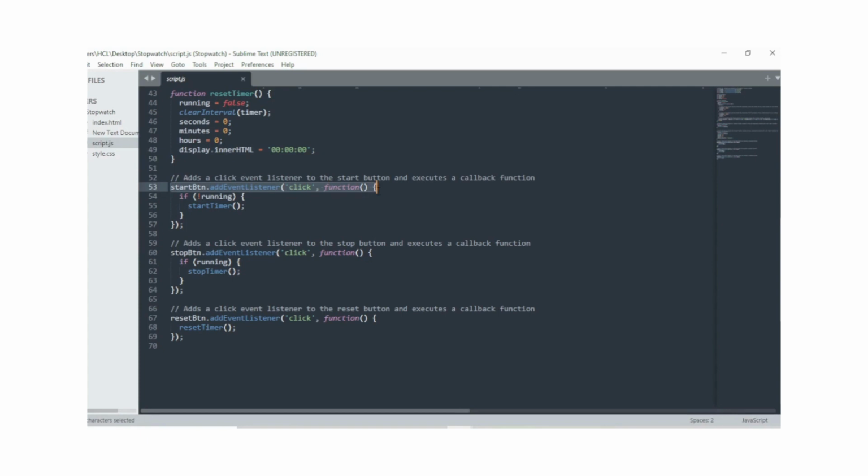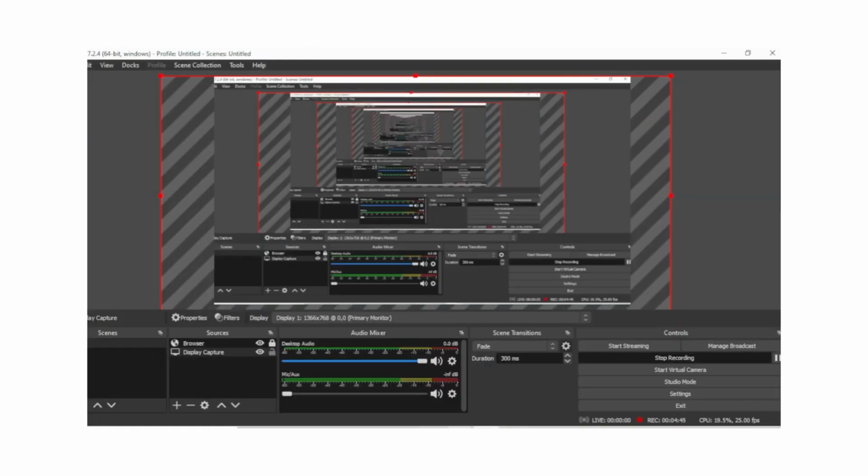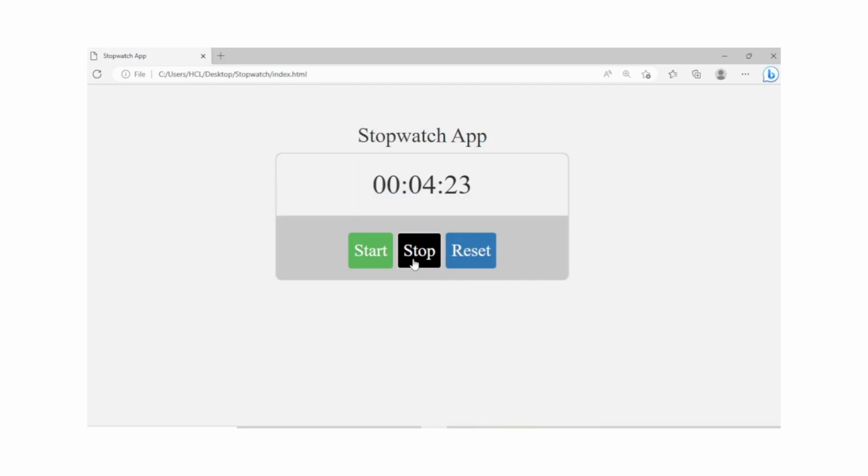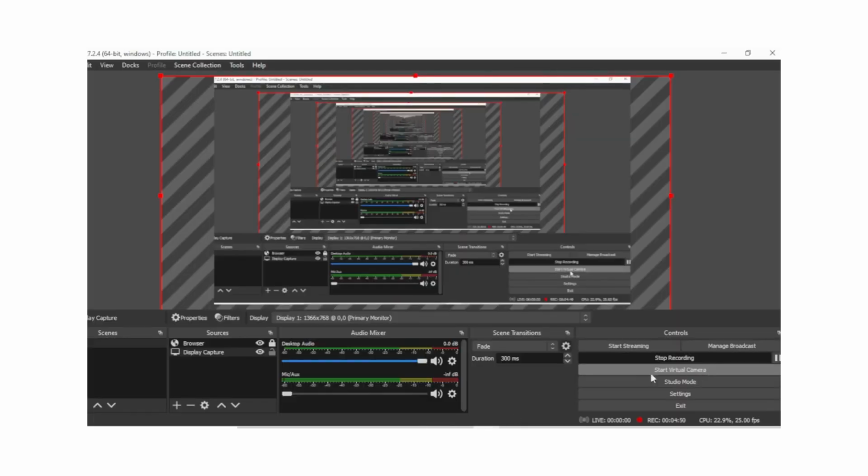The app then adds event listeners to the start, stop and reset buttons using the addEventListener method. When the start button is clicked, the app checks if the stopwatch is not already running and calls the start timer function to start it. When the stop button is clicked, the app checks if the stopwatch is running and calls the stop timer function to stop it. When the reset button is clicked, the app calls the reset timer function to reset the stopwatch. In summary, this app uses JavaScript to interact with HTML elements and